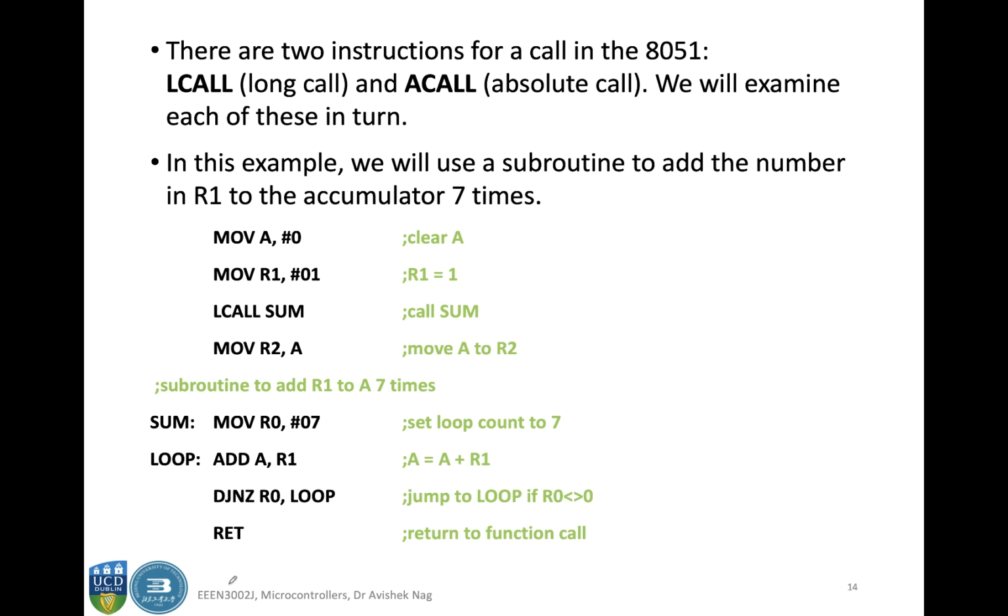So in your 8051, by the way, there are two types of call instruction. One is a long call and the other is an absolute call. We will examine each of these in turn. So let's first focus on LCALL. So in this example we will use a subroutine to add the number in R1 to the accumulator 7 times. Okay, so let's say the name of my